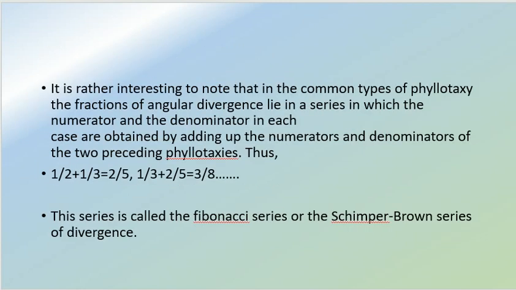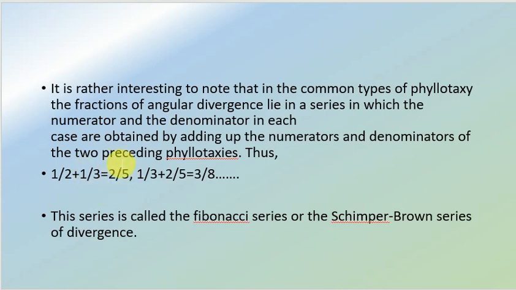Now how to calculate and how to get this kind of series? So there is a very interesting fact behind this, that if we do the summation of the first two series, then we can have the third series. Here the first was the 1 by 2 phyllotaxy, distichous, the second was the tristichous, that was the 1 by 3 phyllotaxy. So if we do the summation of these first two, 1 by 2 plus 1 by 3, what will be the answer? 1 plus 1 is 2 and 2 plus 3 is 5, so 2 by 5. So our third type is the 2 by 5 phyllotaxy, that is the pentastichous.